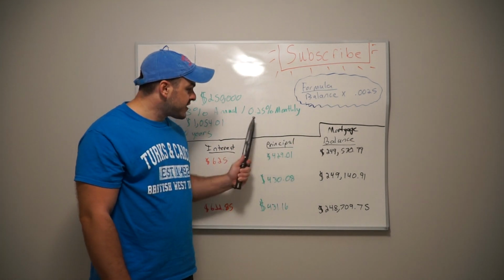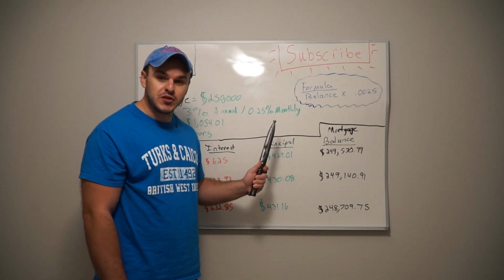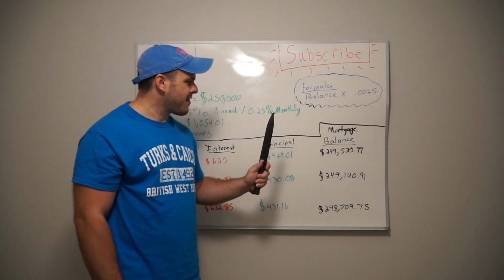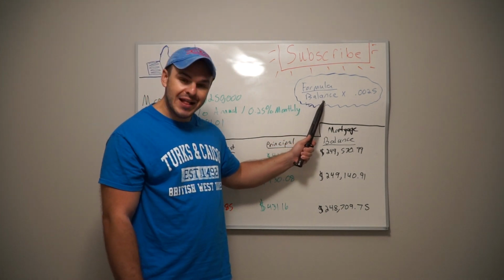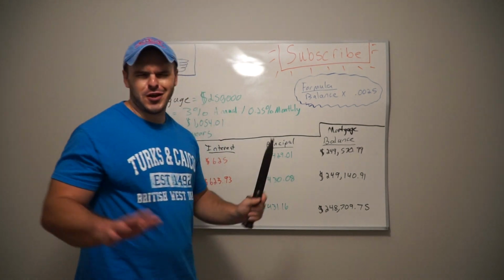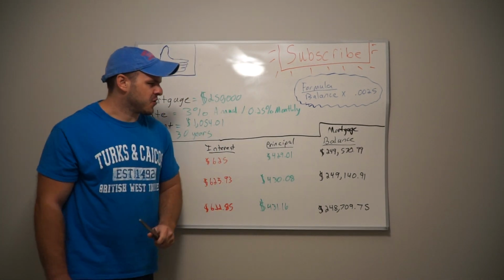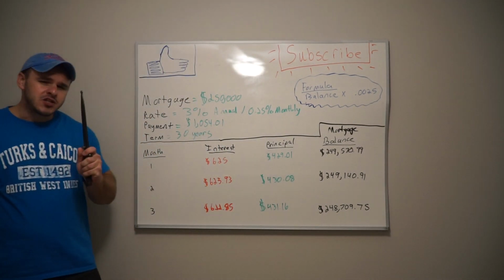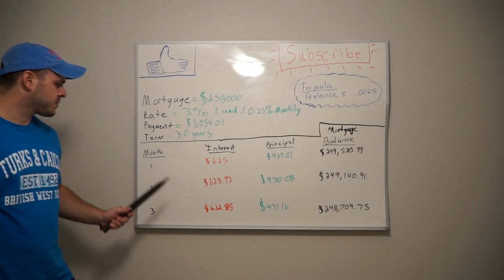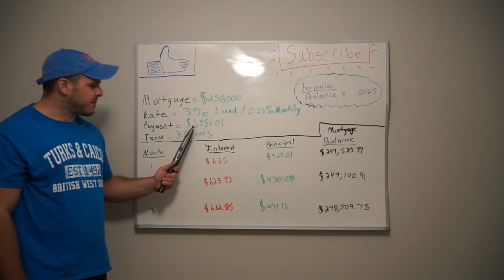Now, to convert this percentage to a multiple, you move the decimal point over twice, okay? Like that math? So it's your mortgage balance times 0.0025. I know, that's a ton of numbers, but I think you'll catch on quick, okay? So month number one, this is your first mortgage payment. Your first payment is going to be